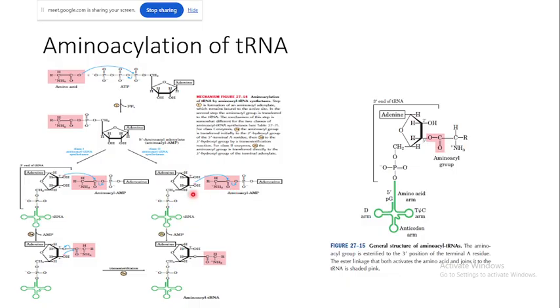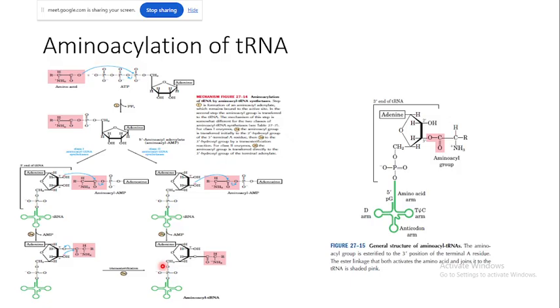So the 3' OH, which has electronegative oxygen, will make a nucleophilic attack on this electron deficient carbon, right? So this bond will be broken. So AMP will be removed, and the amino acid will be conjugated to the 3' OH position. So these are the two different pathways. For class 1 amino acid tRNA synthetase, it will take 2 steps, including the trans-esterification. For class 2 amino acid tRNA synthetase, there will be only 1 step.